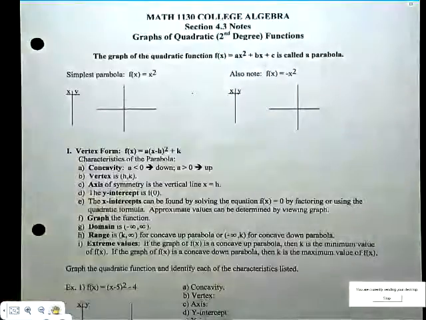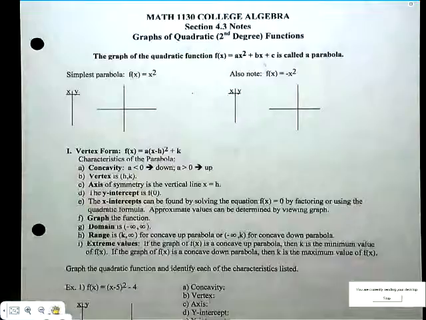Section 4.3 is graphing quadratic equations, and quadratic equations means what? How do you recognize them? Second degree equations. In section 2.3, we had our linear equations or first degree equations. In what section was that? 3.5, we talked about the library of functions, and we could graph basic linear equations, quadratic equations, radical equations, absolute